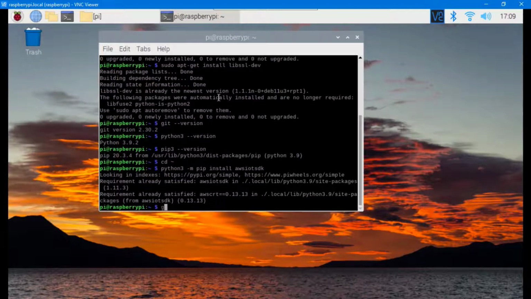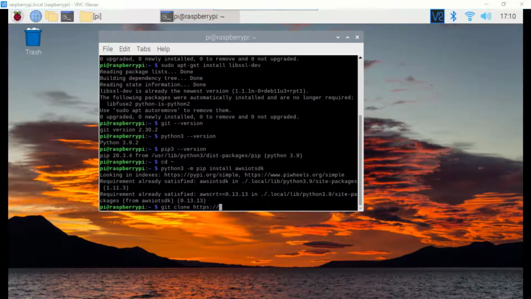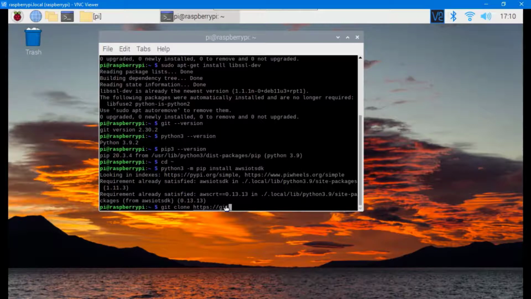So type in git clone. Instead of typing this, I'm going to give the details on my GitHub page, so you can just copy and paste it. But I still have to type it. So github.com/aws/